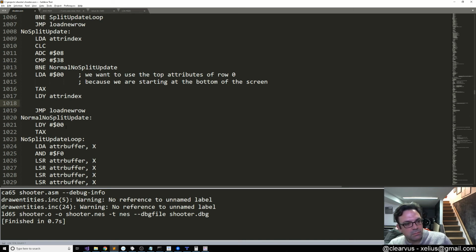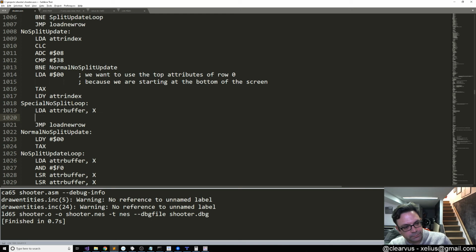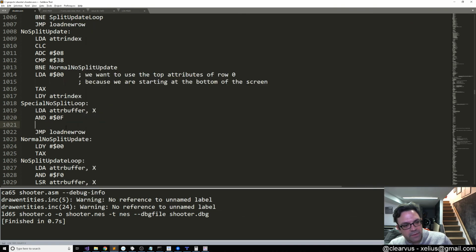So, special no split loop, load A, attribute buffer X. So we want the top of that, which means that we want to AND that with F. So that gives us the top values. And we want them to stay where they are. So then we want to OR attribute buffer,